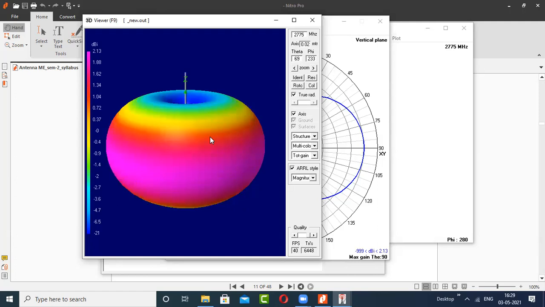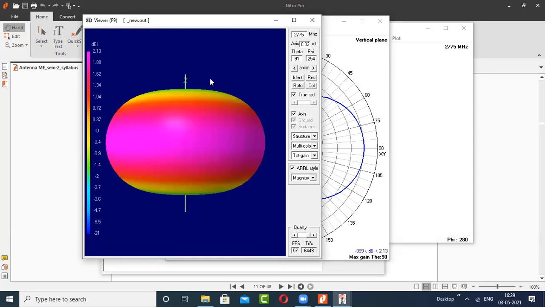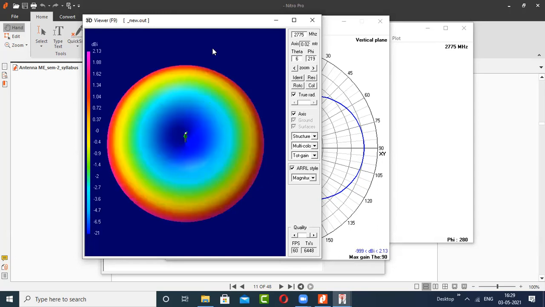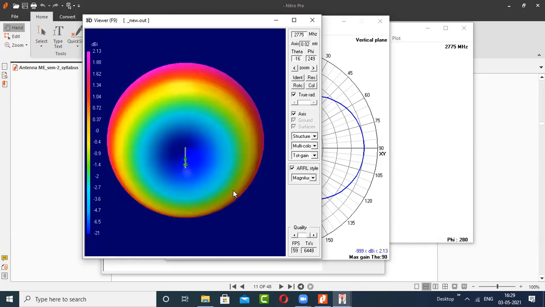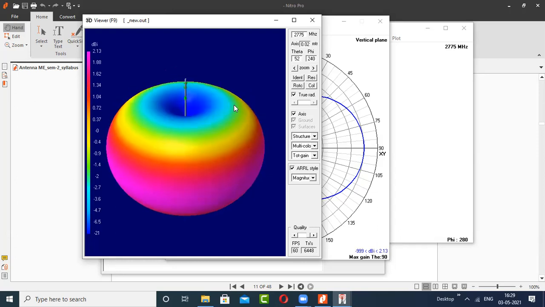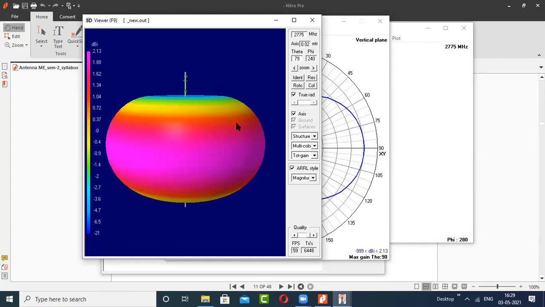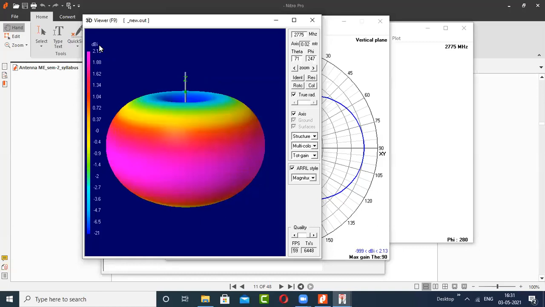Suppose instead of a dipole antenna you had an isotropic antenna, then what would be the color of this entire sphere? Pink, right? The entire sphere will be pink in color. Why? Every region is going to be pink. Then the bar graph is not going to appear because there is only one color.